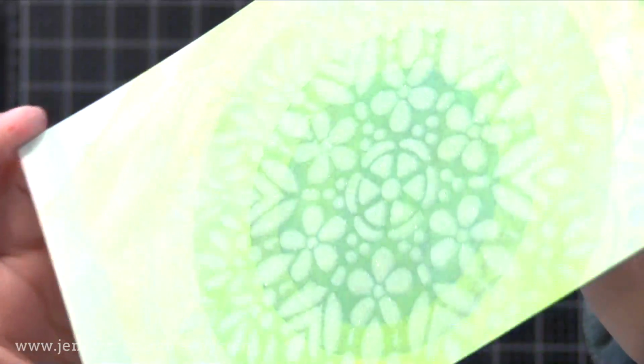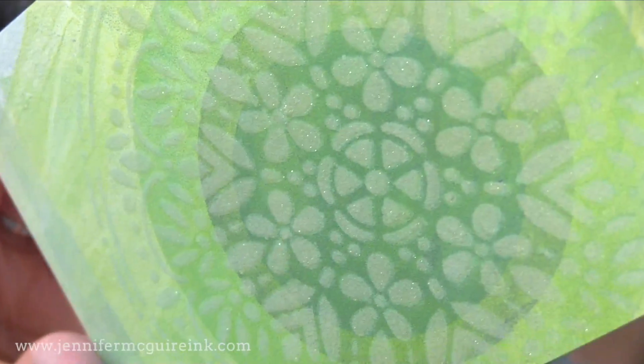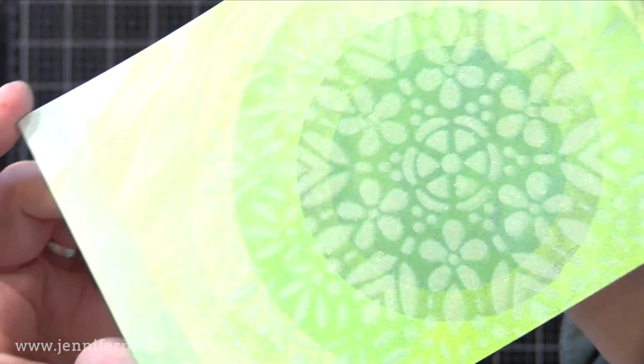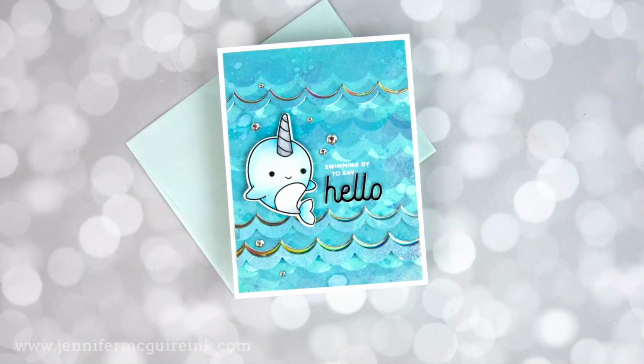It's kind of hard to see in the video, but I promise you, all of that open stencil area there has a sparkle to it that's just beautiful in real life. And I kept the colors kind of soft on this so that it would be a soft background with that bit of sparkle. Okay, now that we've done a bunch of different layered backgrounds,